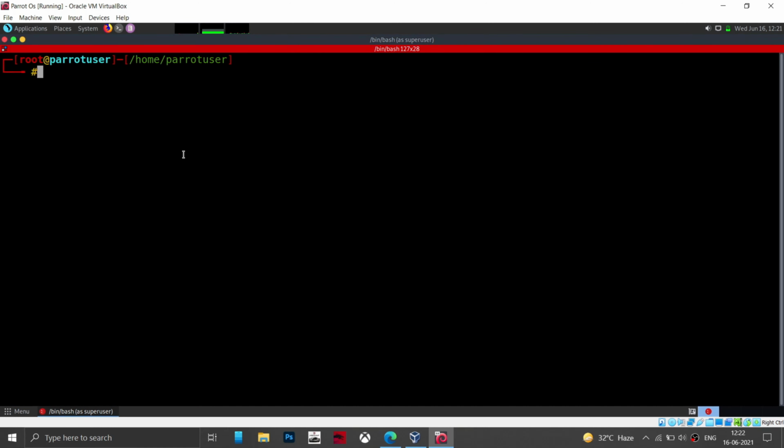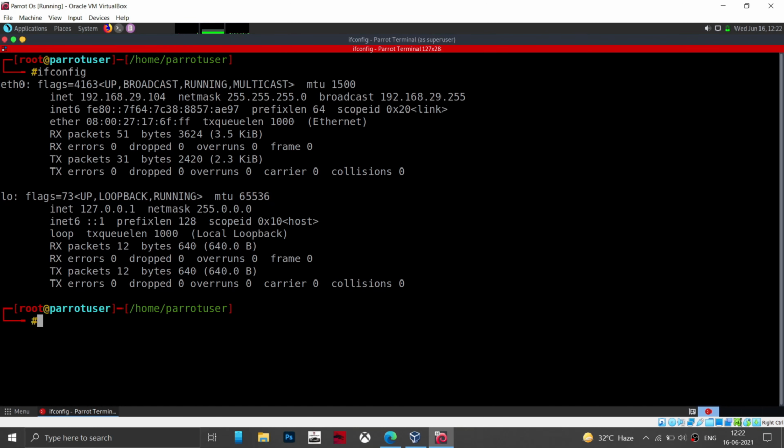Now what you have to do is run a command called ifconfig. In this way you can watch your IP address. In my case it is 192.168.29.104. Okay, now you can just copy it and you can clear the terminal.